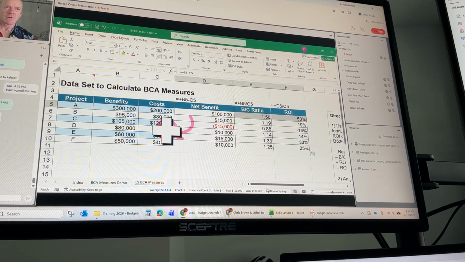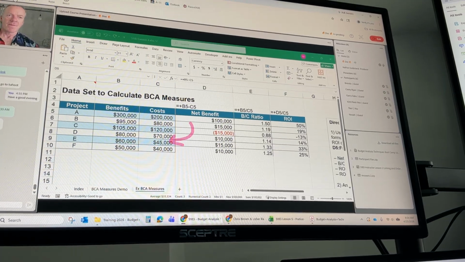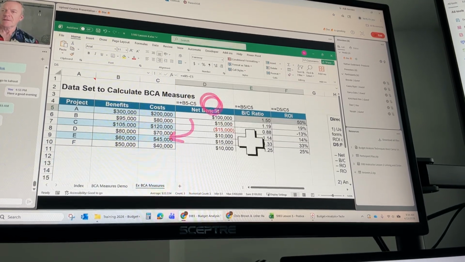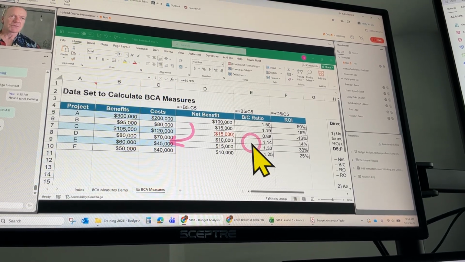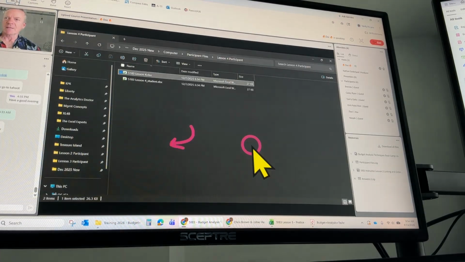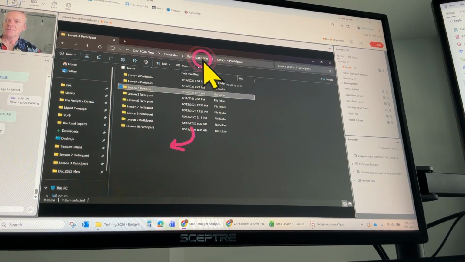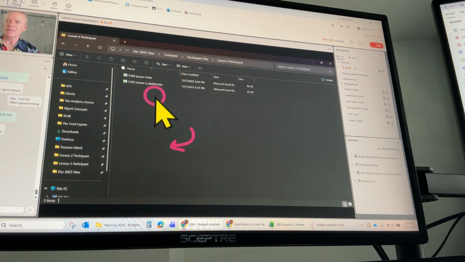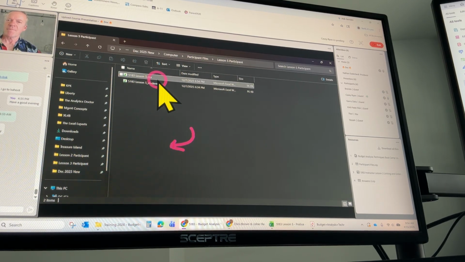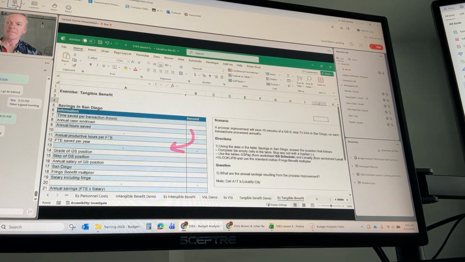All right, so that was 4. Any questions on that? So that kind of gives us our intro into economics and finance here as we move along. So, Doug, just one more. So, return on